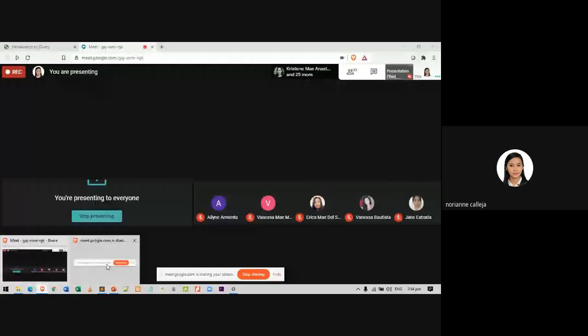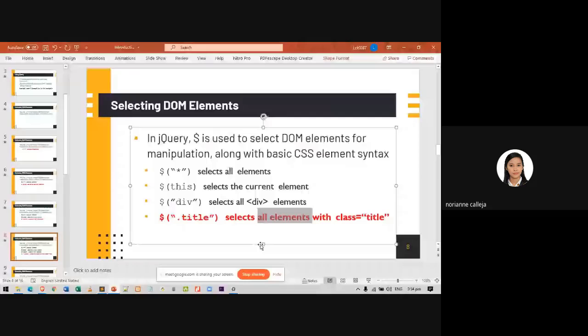For instance, we have here an element with a class named title. So if you want to select elements, say for example, with a class name IT, you just have to put in here IT.